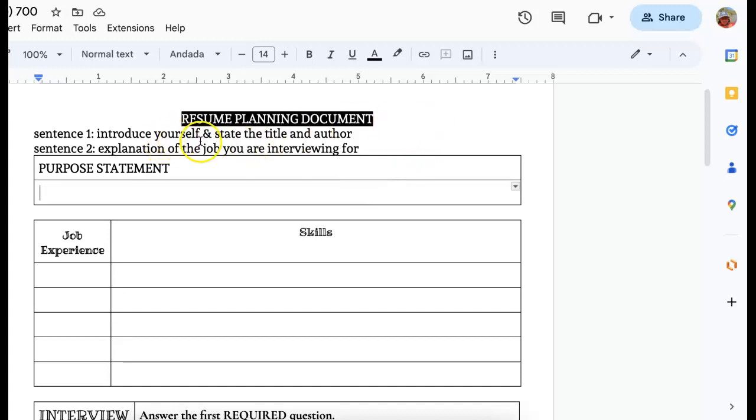When you start your interview, you're going to introduce yourself as the character in the title of your book. So I want you to put the title of your book, and we're going to italicize it, because that's what we do to book titles, by Charlotte Bronte. And you're going to put, what job do you think your character would do? So my character is obviously Jane Eyre, interviewing for a governess.